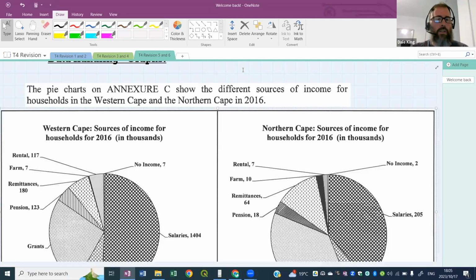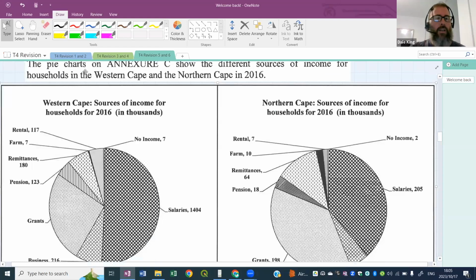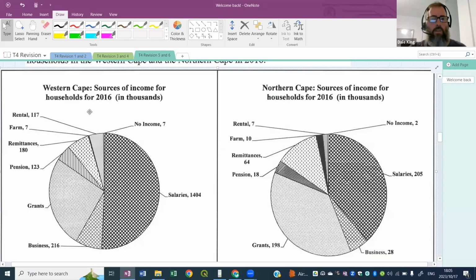And this is for 2016. And so this is how many households have sources of income from these categories shown in the pie charts. Let's just understand this for a second. So for example, if we look at the left there, the Western Cape, it says sources of income. So there's a total number of households that they obviously surveyed, and they found, for example, in the Western Cape,